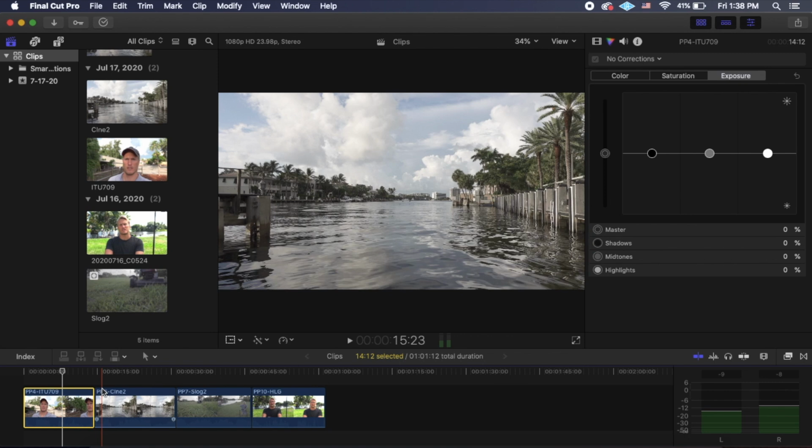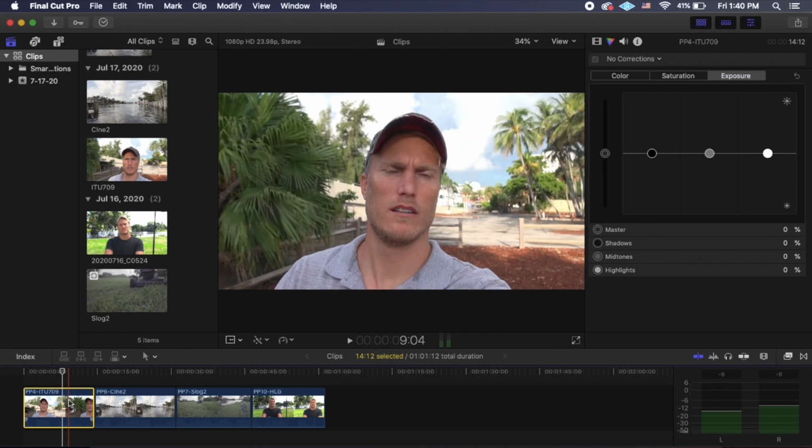Alright guys, so here I am in Final Cut Pro. I've imported 4 different clips: ITU709, Cine2, S-Log2, and HLG. And I'm going to show you exactly how I color grade each one, and little tricks and tips that I've learned along the way. So the first thing that I always do is I click on my first clip inside the timeline and